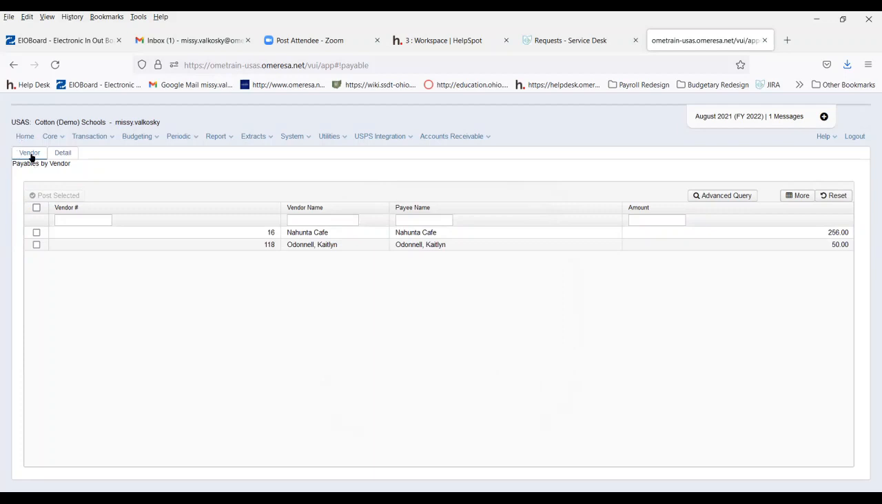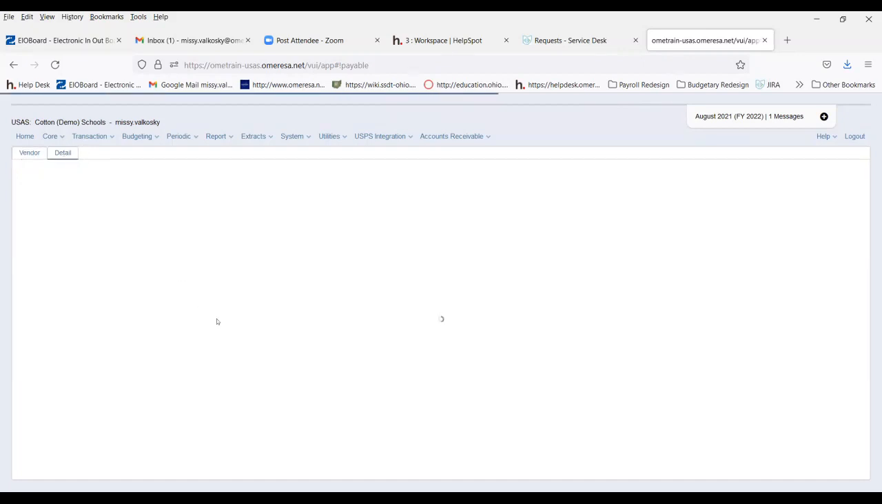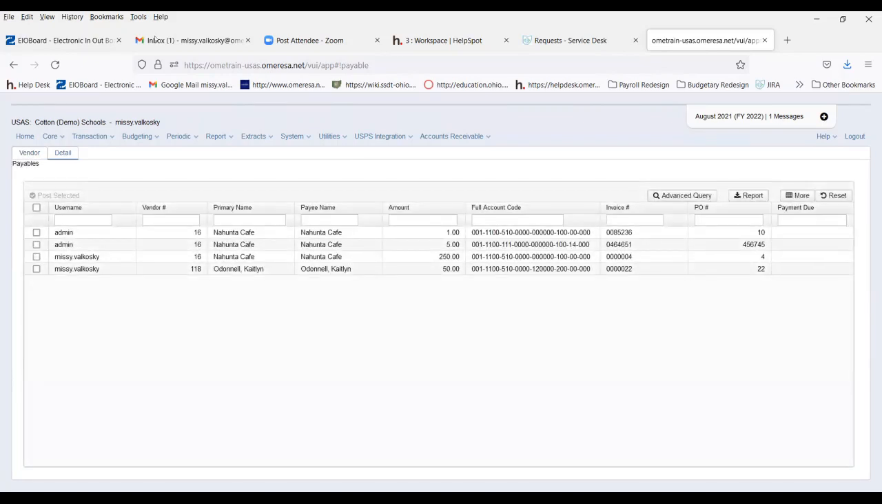There's 2 tabs here. There's this vendor tab, which just lists the vendor and the amount. There's a detail tab. This tab gives you a little bit more information about all the invoices that you're getting ready to pay. And if you go to this tab and you hit your report button,